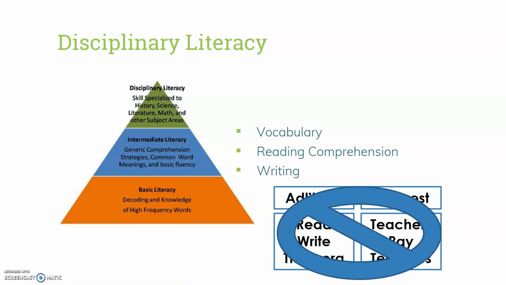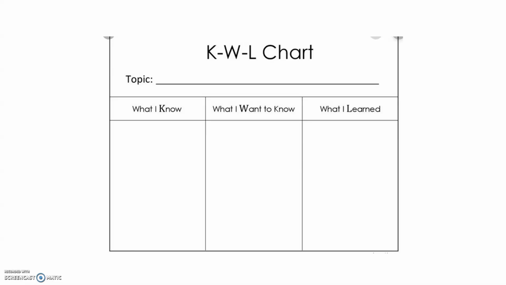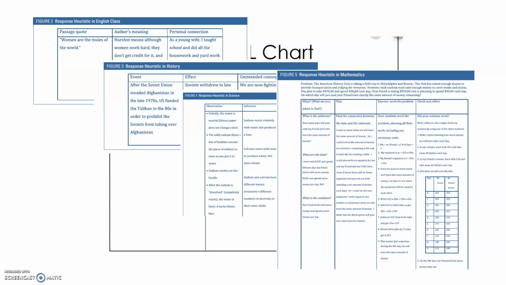However, no matter where we get these strategies from or what these strategies are, they were never created with your particular students, your classroom, your beliefs as a teacher, and your discipline in mind. So rather than using these unilaterally across the disciplines, Gillis recommends an approach to disciplinary literacy where we adapt these generalized literacy strategies rather than outright adopting them. She explained in her article that can look like taking a generic way to ensure students are thinking as they read, listen, or engage in an experiment, and turning it into something that's far more complex, rigorous, and represents the valued thinking patterns in the field.